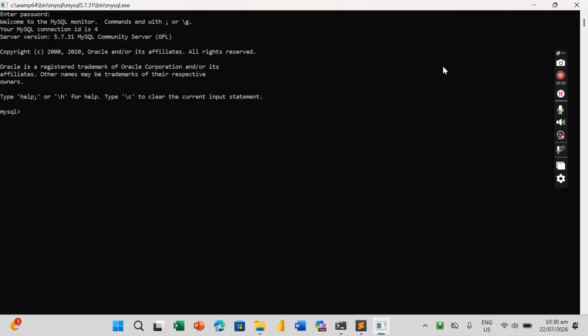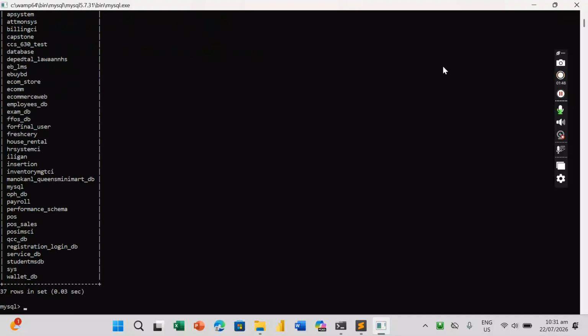Then in this tutorial, it is also important that we know about the SQL statements when it comes to accessing the database. After that, the first statement that we have to type in the command line interface is show databases. Show databases. Then enter. Right after the statement show databases, then click enter, it shows the different databases.